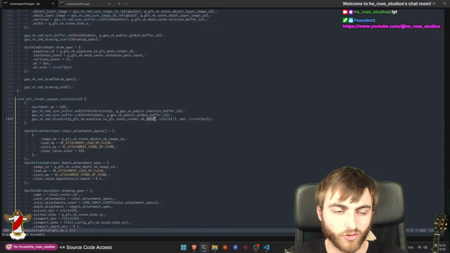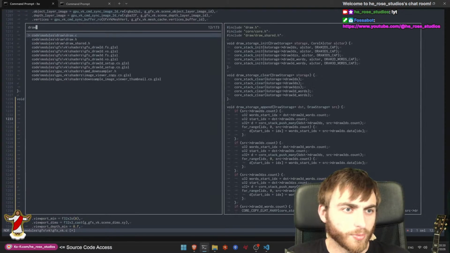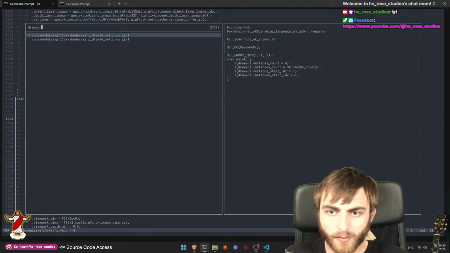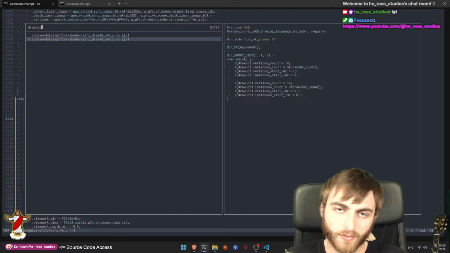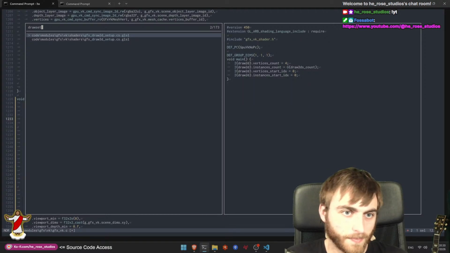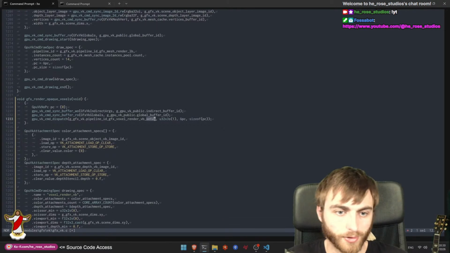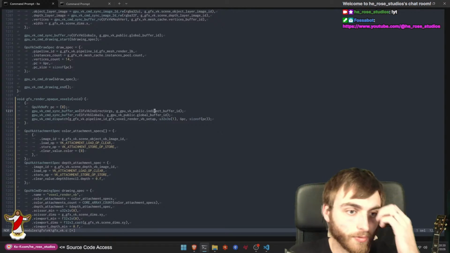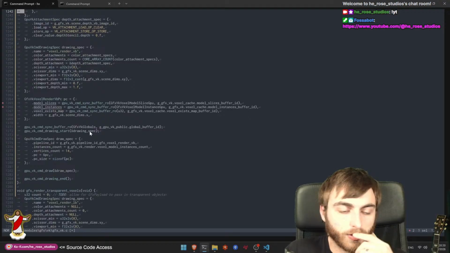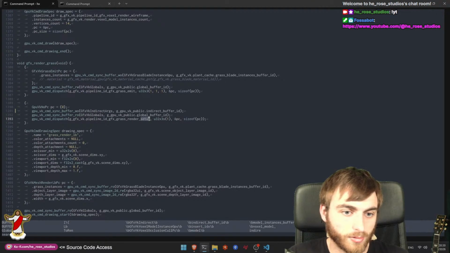Nice. Right, let's look at that draw 3D setup quickly. Yeah, they are just storing, so they can be right-handed. They're not plus equaling and doing a read write. Cool. So there's the setup thing being called in the right place. So to make them indirect, we do have to